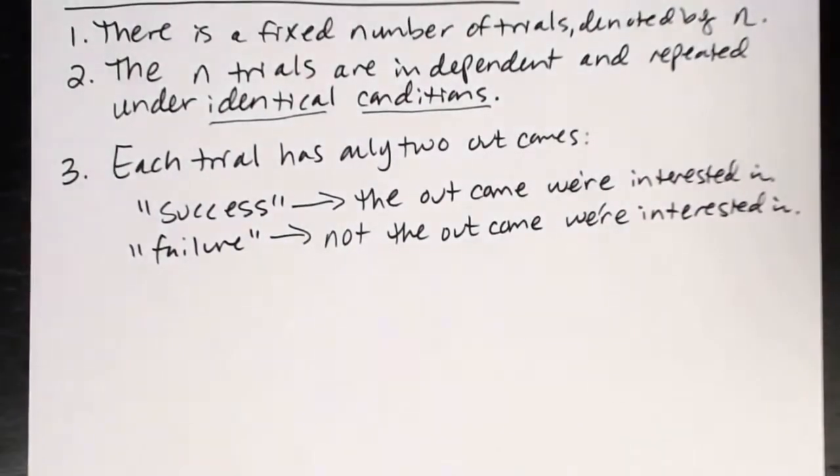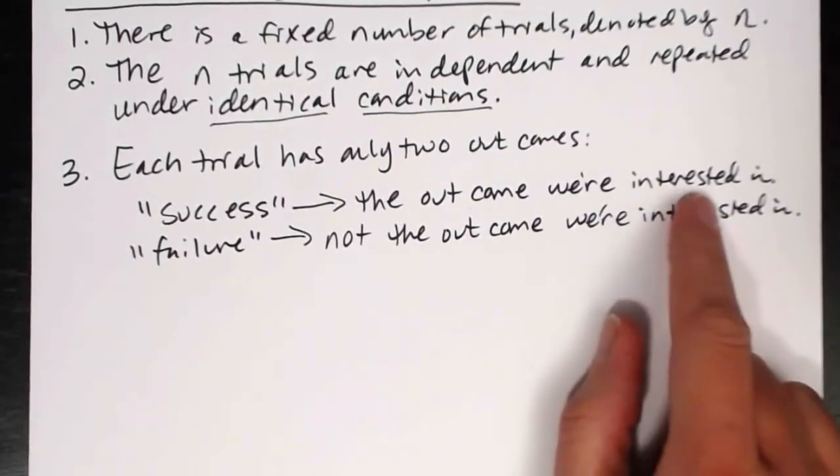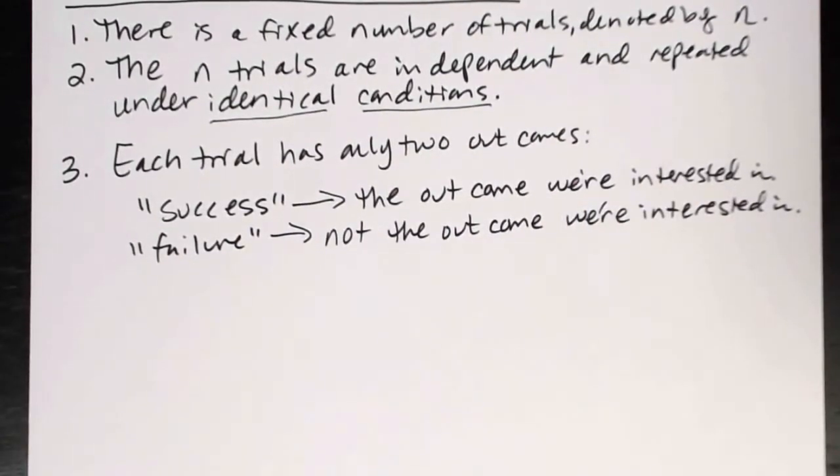The reason I bring this up is that frequently when we're dealing with binomial probabilities, we use the word success and failure a little bit differently than we use them in everyday life. We're used to thinking about success as being a good thing or a positive thing, and failure as being a negative thing. And that's not the way that that works here. Success is simply the thing that we're interested in studying. It might actually be a negative outcome, but it will be construed as a success for the purposes of the